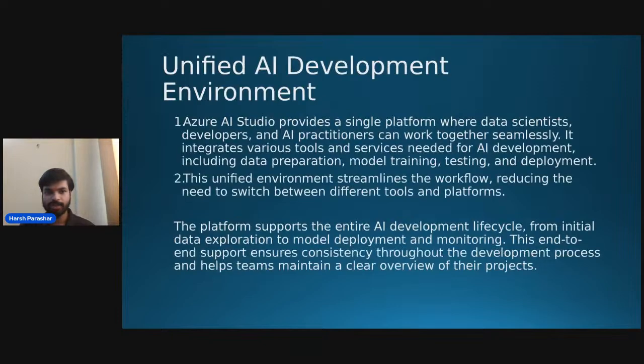Moving on to the next. Now we can have a unified AI development environment on Azure AI Studio. Azure AI Studio provides a single platform where data scientists, developers, and AI practitioners can work together seamlessly.